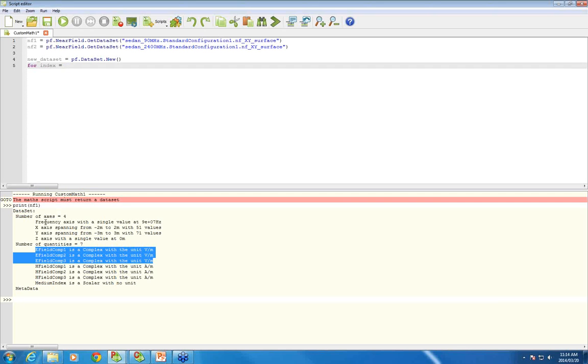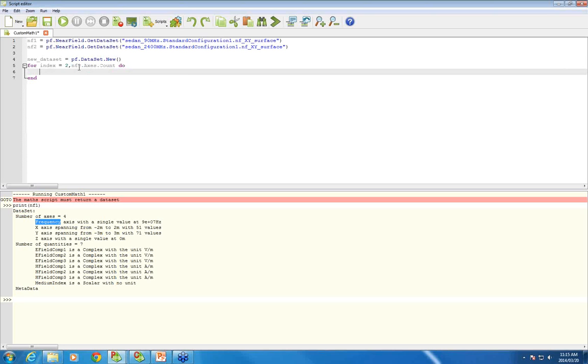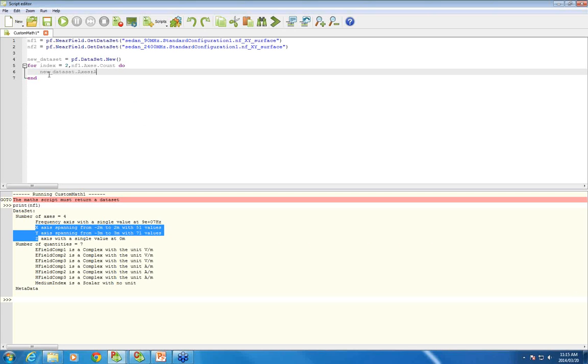We are going to be skipping the first frequency, so we're going to be running from the second axis over to the final axis count. So now we're going to be iterating and copying these three axes. So we want to say new data set axes. We want to add the near field axis at that position, and